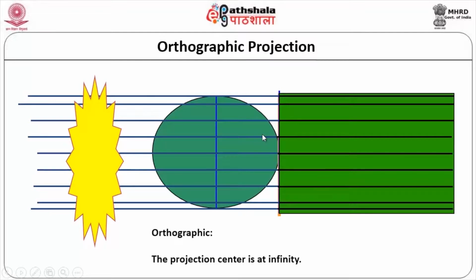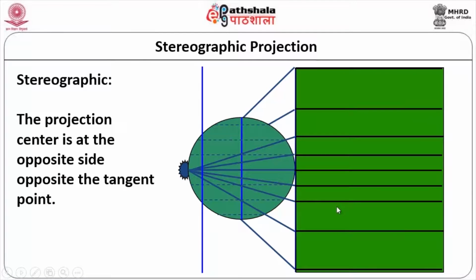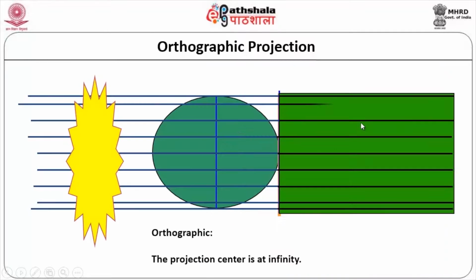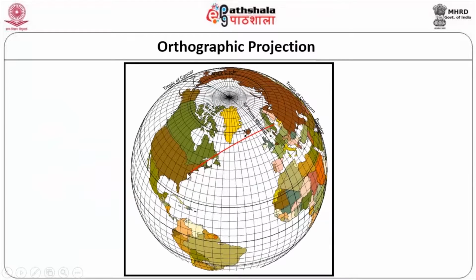You can also see the area of coverage is very much reduced, because in the previous case the area of coverage will be more, since the light is going in this fashion. Whereas in the case of orthographic projection, the area of coverage will be much lesser, but it will be much more accurate, because you are seeing from infinity. This is how it will be. So this is the source, or the distance from this particular point to another point.